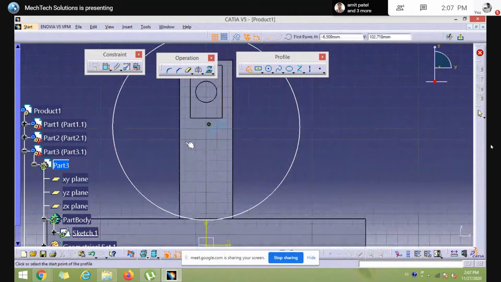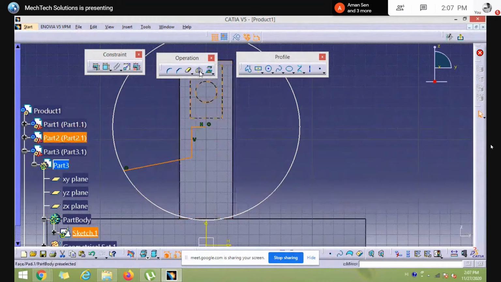And now I have created this profile by line and mirror it. Now trim it.